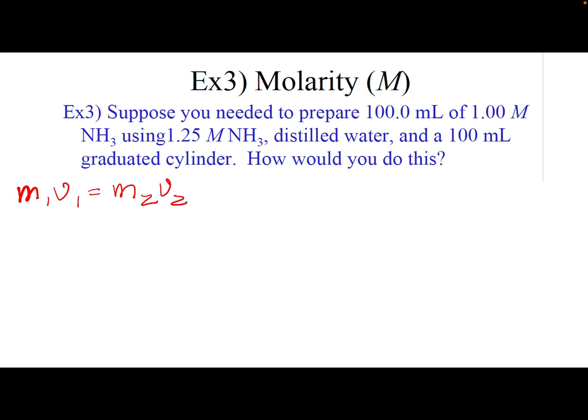So I need to prepare 100 milliliters, and as long as I have the volume in the same units, I can keep it as milliliters. So I need to prepare, that's going to be my final 100.0 milliliters of 1.00 molar